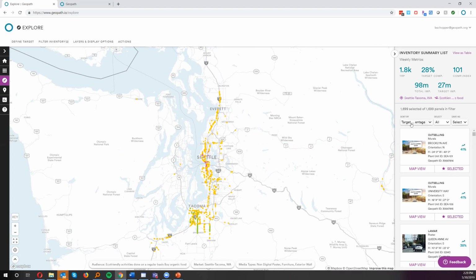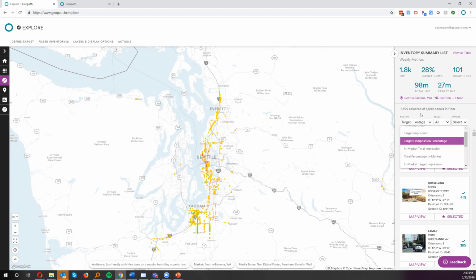Let's take a look. We can compare on a couple different metrics. So I'm just going to show you some of the different things we can evaluate based on. Total impressions, target comp percentage, which is what we're going to stay at, because it helps give a better sense of the efficiency of reaching an audience. In market total impressions, there's a lot. I'm not going to read through all of them, but there are a lot of different metrics that we can